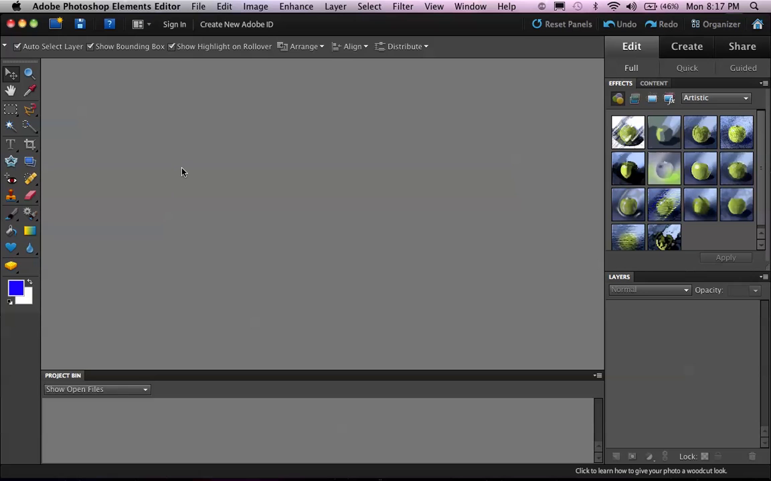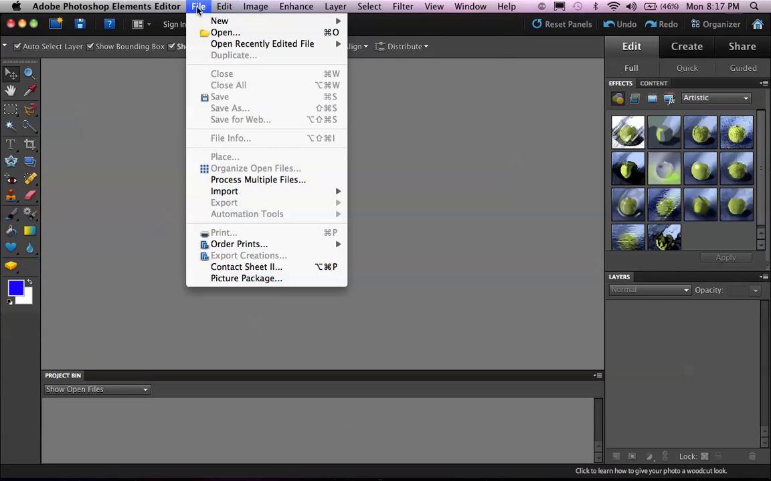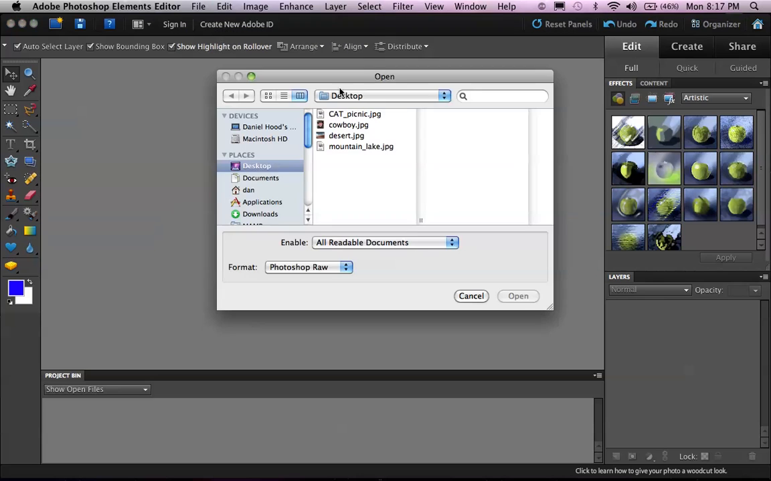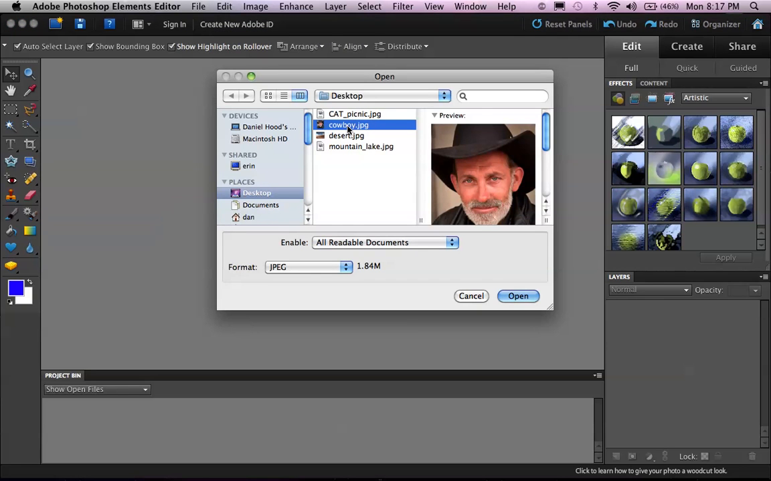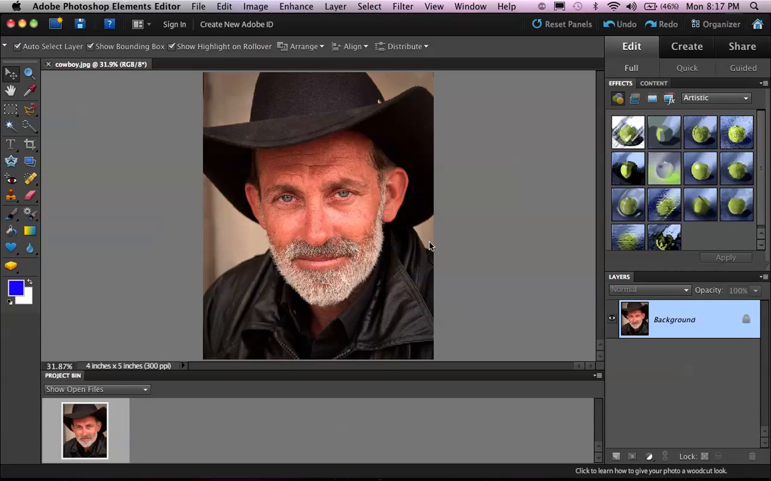So the first thing we'll do is let's go to File, Open, and you will find that in a very similar place that you would find it in Adobe Photoshop. So we'll go to Open, and we'll open some of the images I've used previously. We'll start with the cowboy image. So this is the cowboy image,